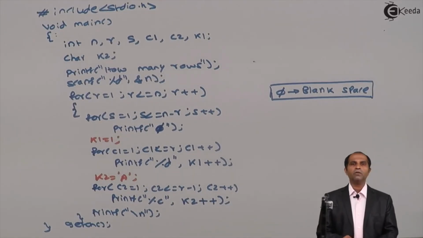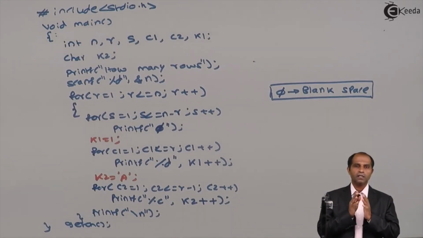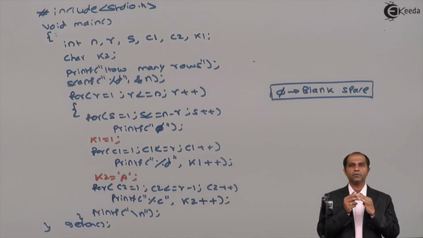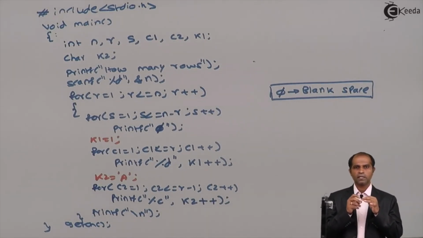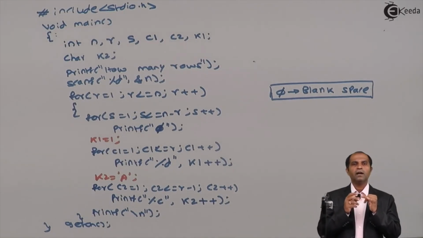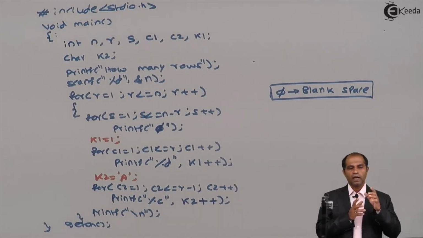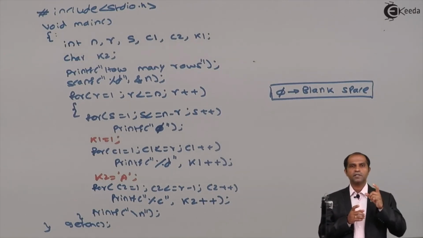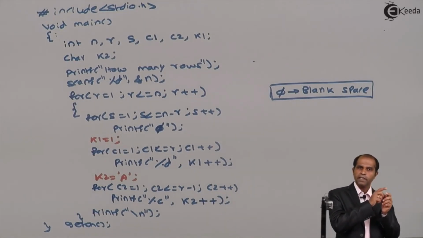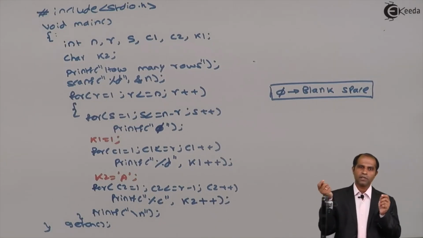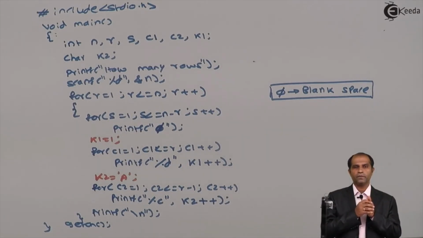So we are going to conclude with this particular note, saying that since it matches the equilateral triangle, I'll generate it using R, S, C1, C2. R will contain S, C1, C2. S is going to run from 1 to n minus R, C1 from 1 to R, and C2 from 1 to R minus 1. And your R is going to run from 1 to n. And your R will contain one additional instruction, that is printf \n, because after printing the entire row, I'm supposed to drag the cursor to the next line before R changes its value. Hence, printf \n is going to be a part of the R loop.